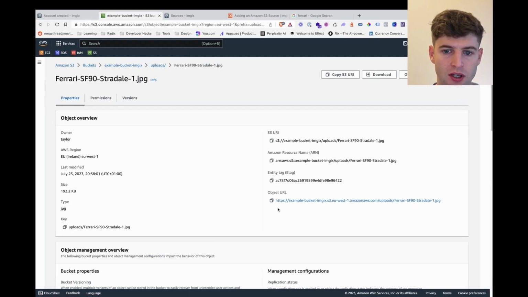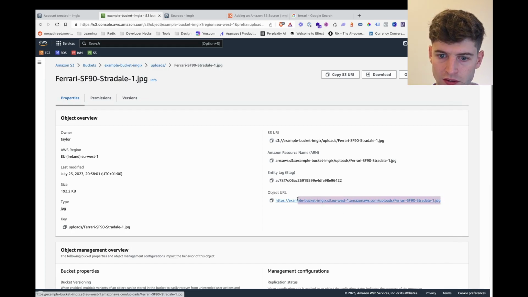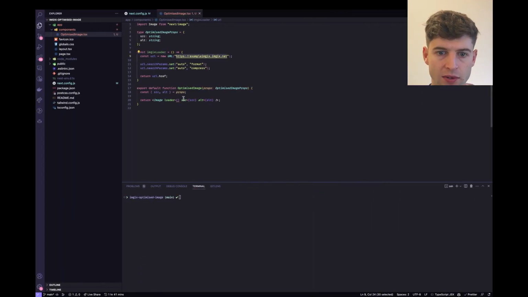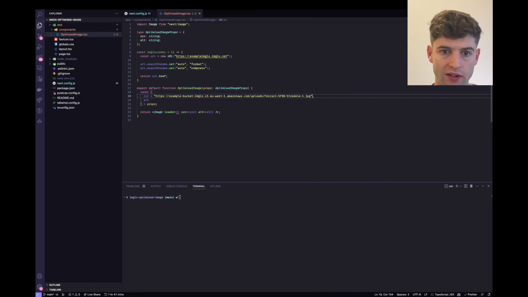And we can now click on this, and you can see we have this object URL. So I'm going to copy that image URL, and that is going to be our source. So we just, for now, give this a default value of that, and we can do fill equals true here,